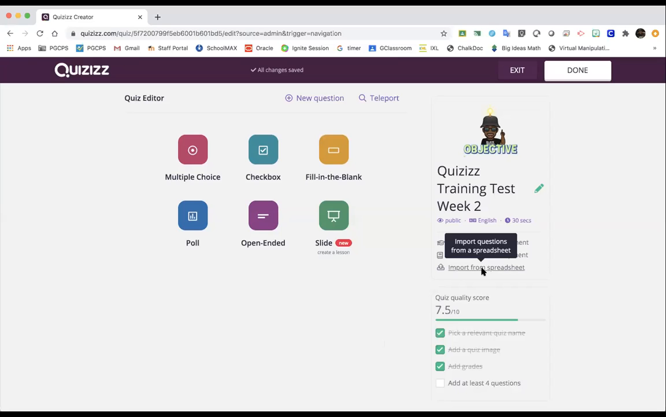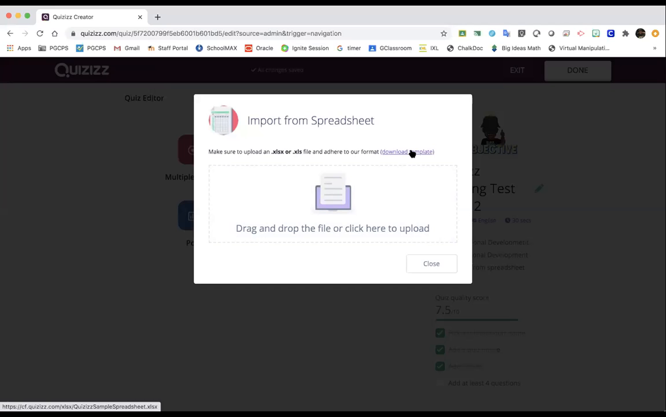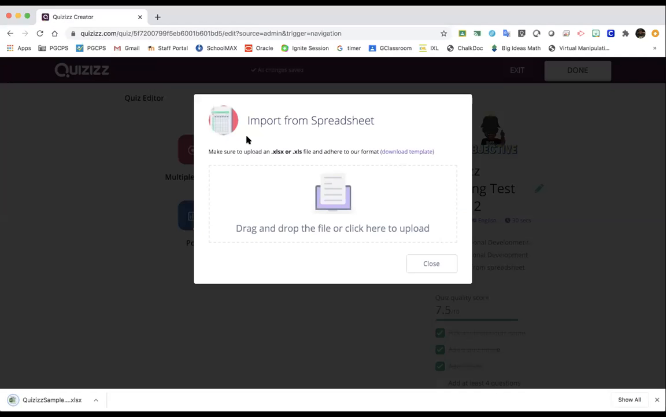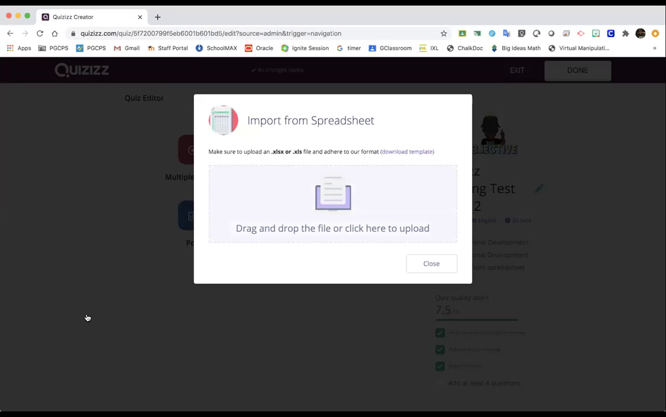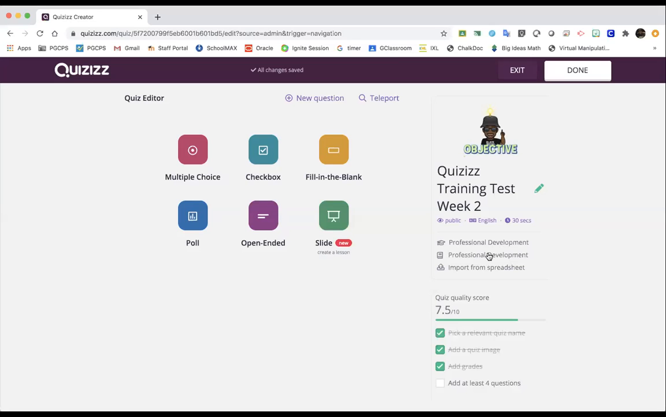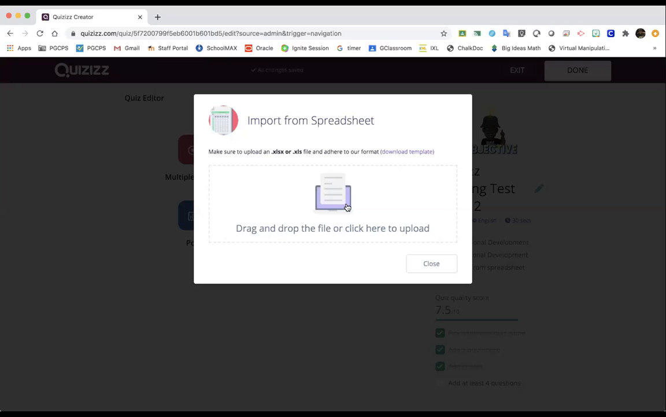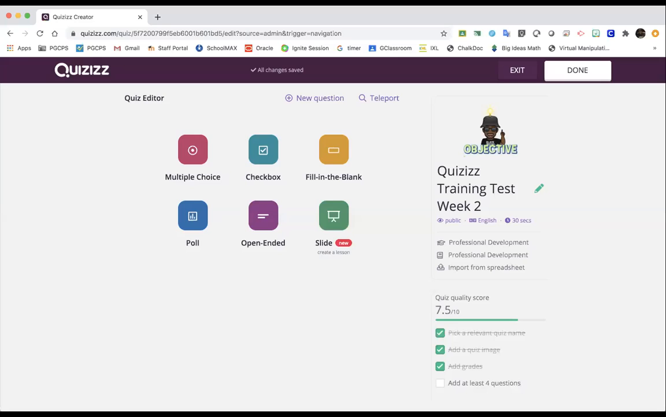Now, if you already have your questions that you want to preload, there is a sample template that you can use. And when you click import from spreadsheet, you could download the template right there that I just downloaded. I don't know where it just went to. Let me see if it opened up. Okay, so it did open. Let me stop sharing really quickly. All right, so